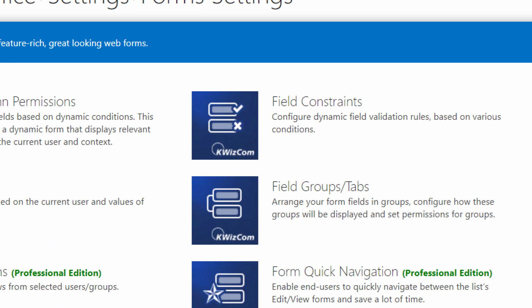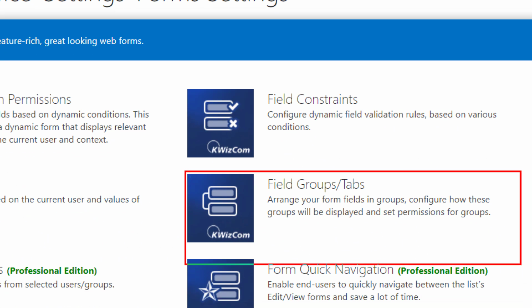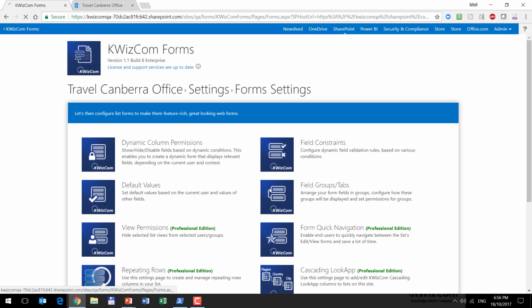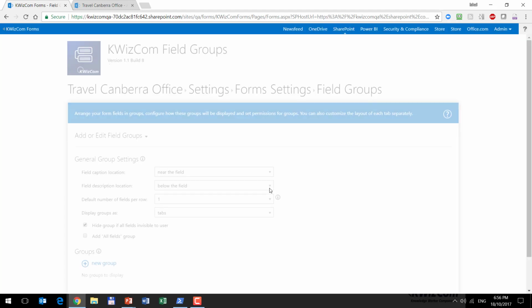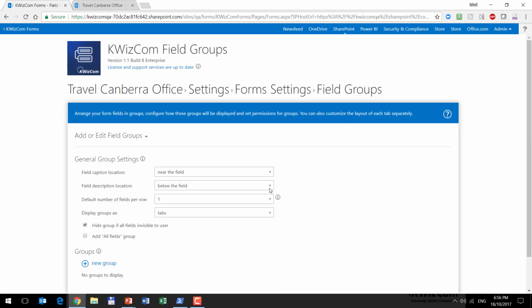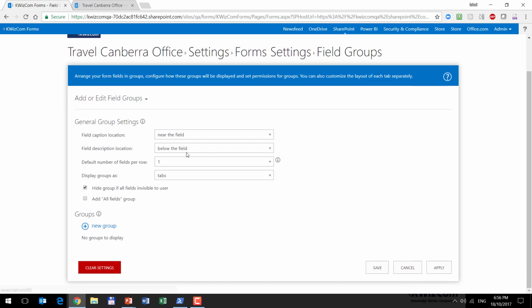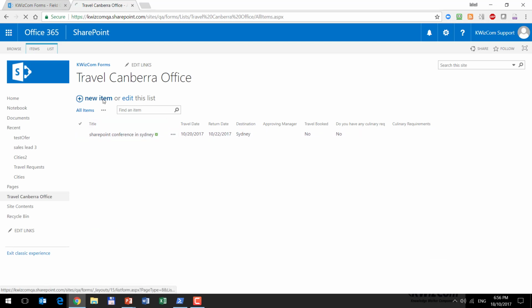Notice this option, field group tabs. Click on that, and again, business user level easy. Again, the servers are in Canada for my demo environment. So, first of all, before we get into tabs, let's just look at the options that we have regardless of tabs or not. Field caption location near the field or above the field. So right now, if I'm in a new item,